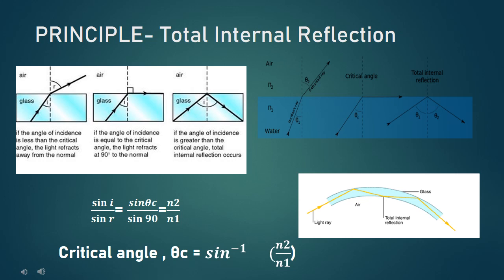By making an angle of refraction r. In the second instance you can see that the light ray is incident at angle i equal to the critical angle. Then the light ray is refracted at 90 degrees to the normal. So for light propagating from a denser medium to a rarer medium, if the angle of refraction is 90 degrees, then the corresponding angle of incidence is called the critical angle, theta c. In the third instance, the angle made by the incident light ray with the normal is greater than the critical angle. So the light ray is getting internally reflected totally into the denser medium.